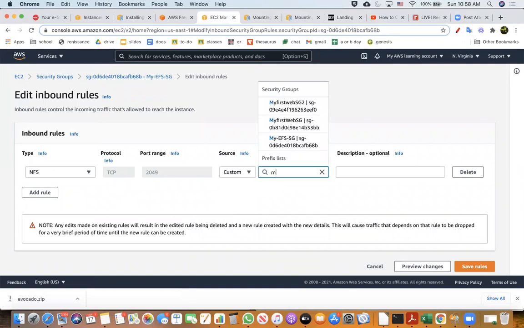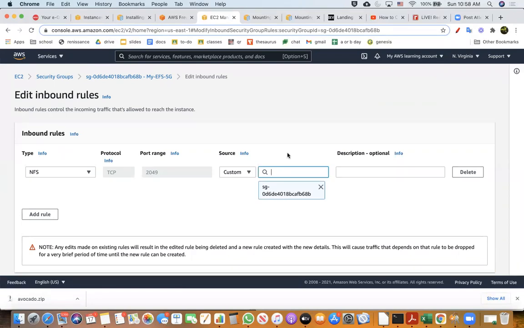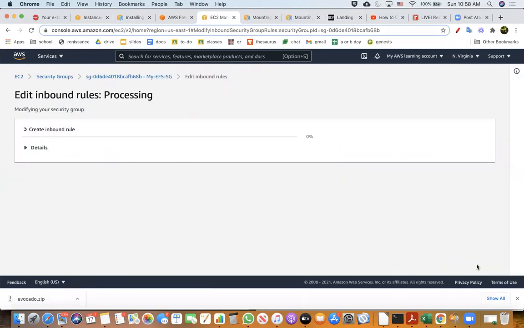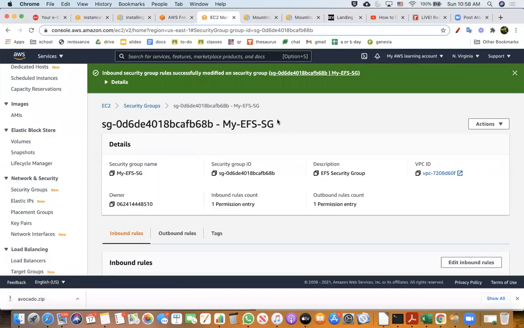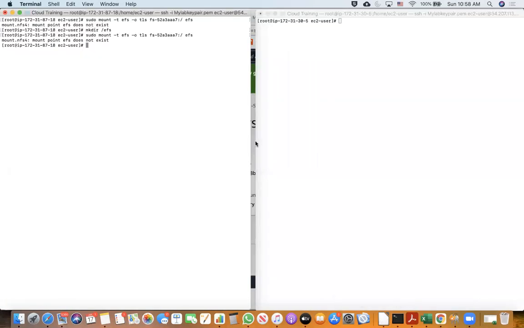This is going to be my EFS security group. So this is one rule I am going to allow, so that it allows the EFS to come through.